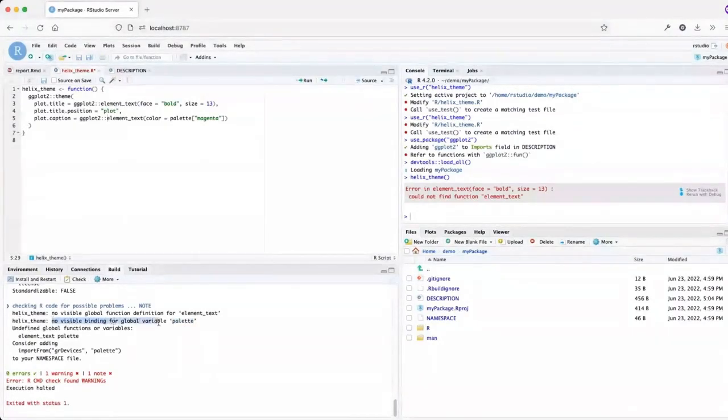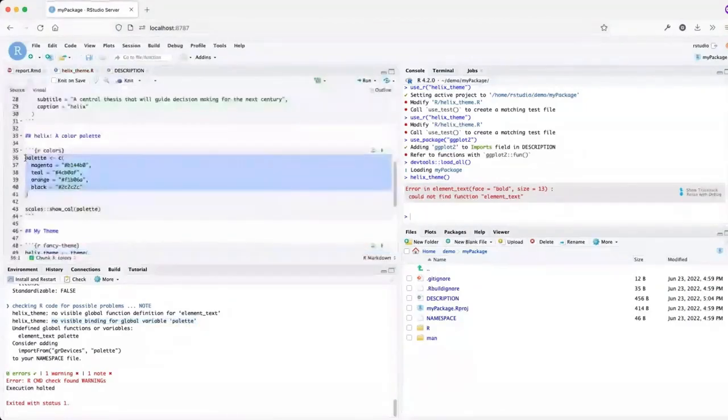Here again, it's saying no visible binding for global variable palette. It's kind of hard to interpret errors, but what this means is basically R is saying, you use this palette variable, but I don't know where you're getting it from, and it's definitely not in your package code. So you should figure out where it's coming from.